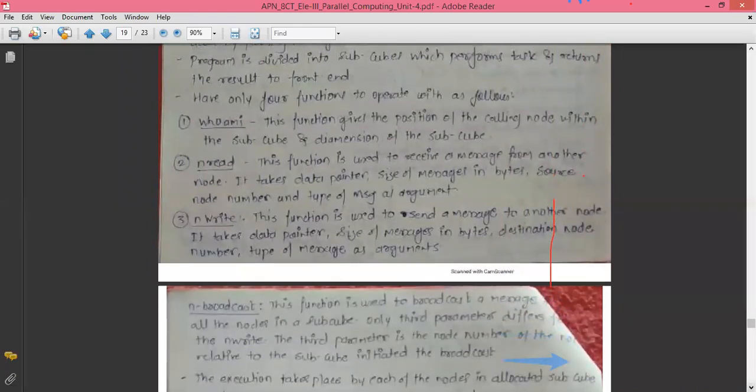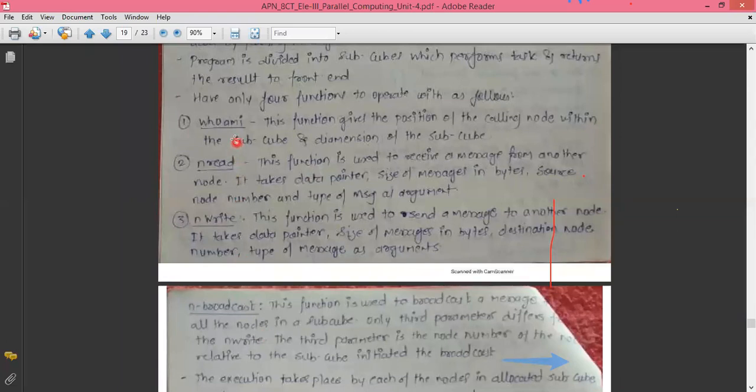Now, how are the nodes communicating with each other? This will take just 2 to 3 minutes. Initially in the discussion I mentioned that all the nodes are communicating with each other. So how are they communicating? There are some core functions additionally present in the NCUBE programming language, which make this language a bit different from the typical C programming language. These core functions are not present in the typical C programming language.